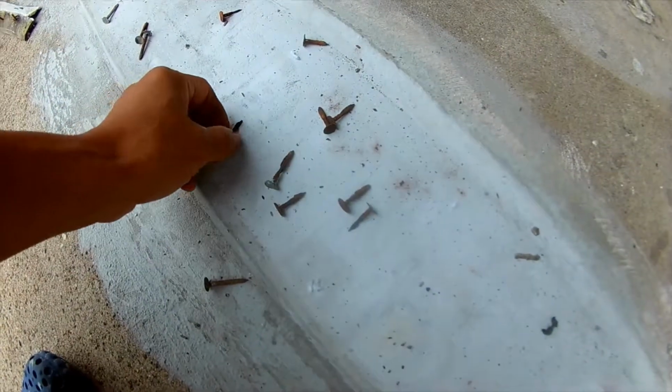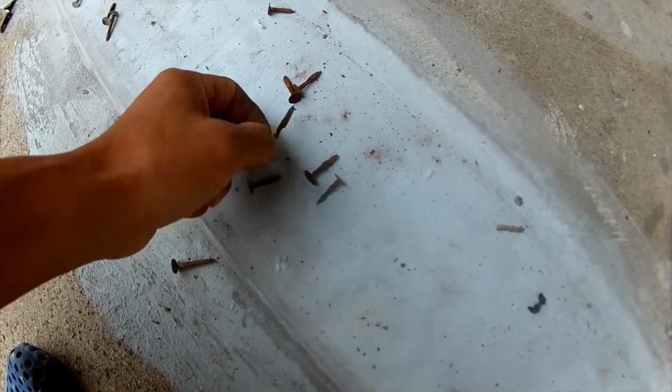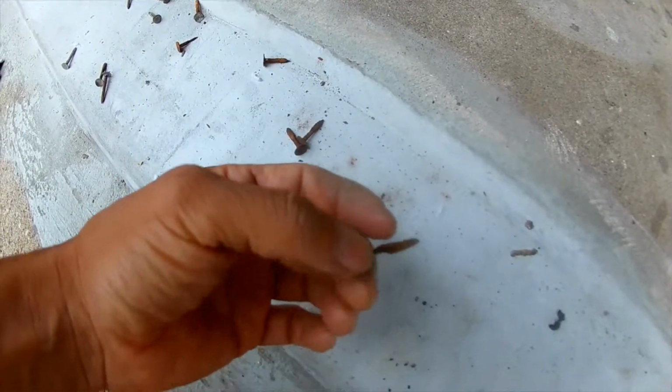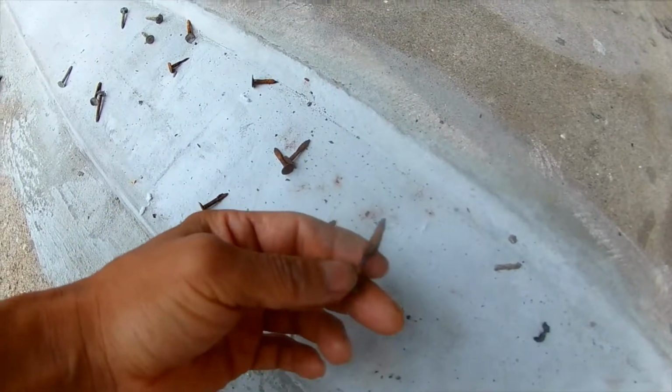Look at this nail. All the wood damage, water damage. Water got into the bottom of the garage door, inside, and all rust. And look at the garage door bottom. All cracked, all cracks,